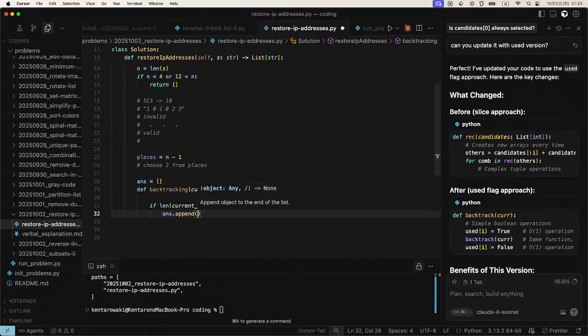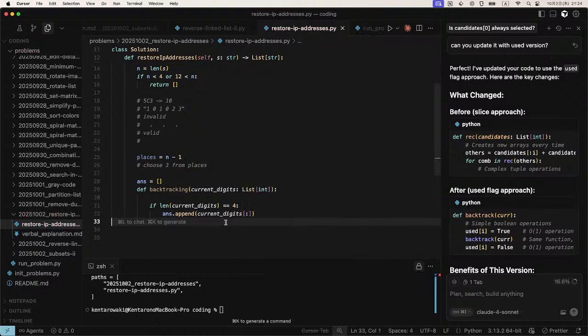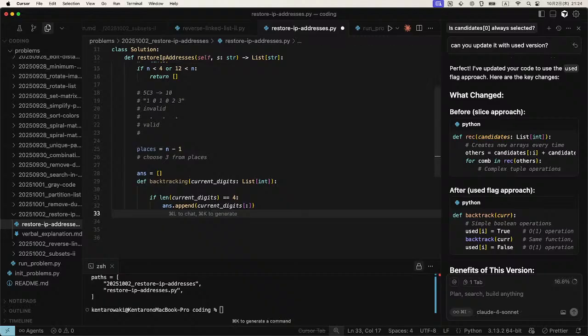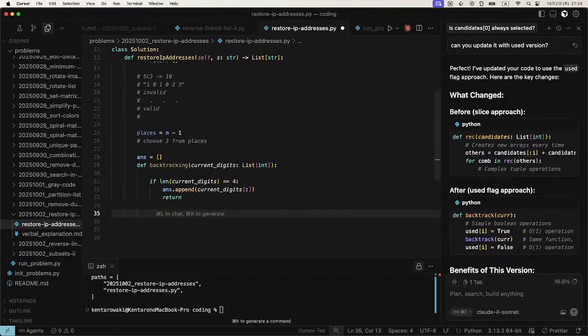This is the answer, and at this point we should finish validating the current digits, so we append it to the answer array and return it. Okay, and backtracking, so that means